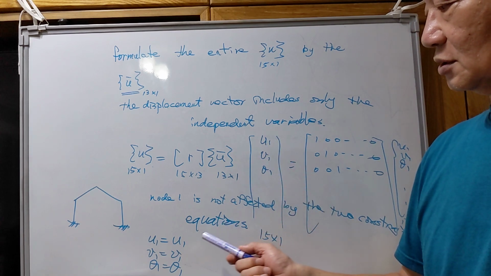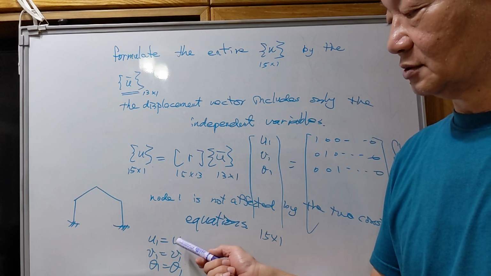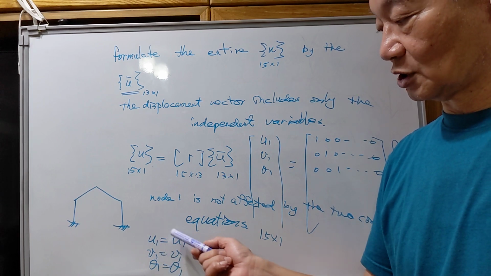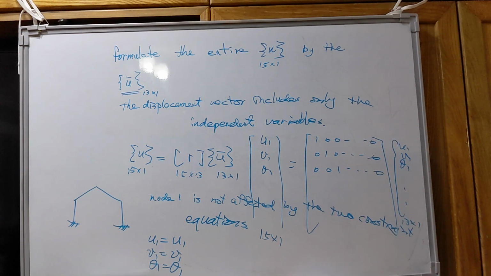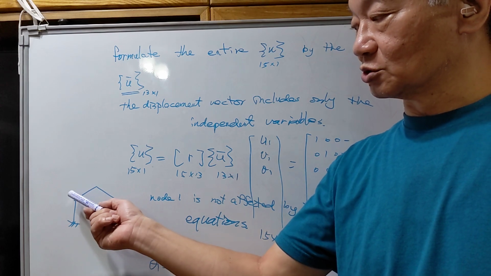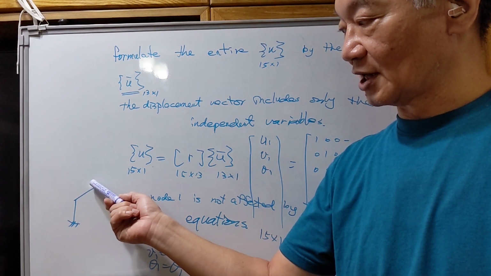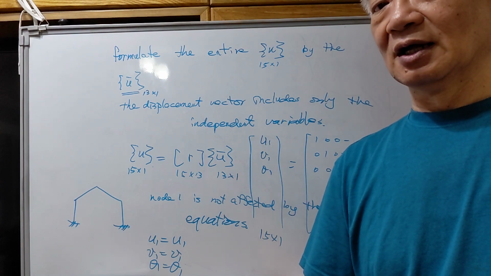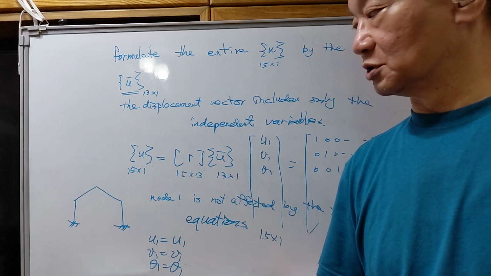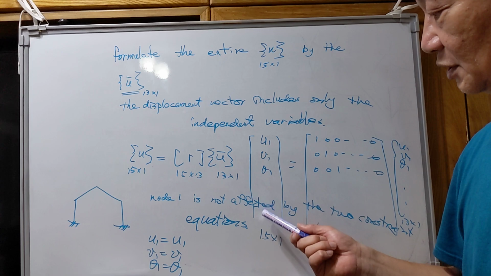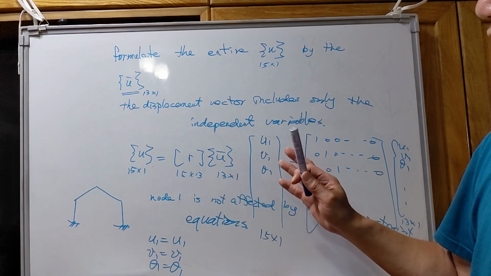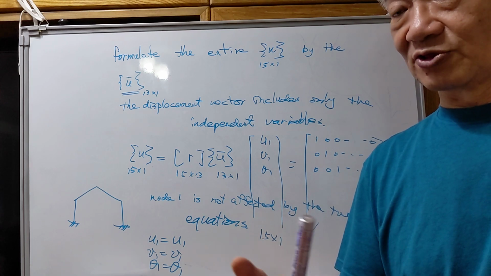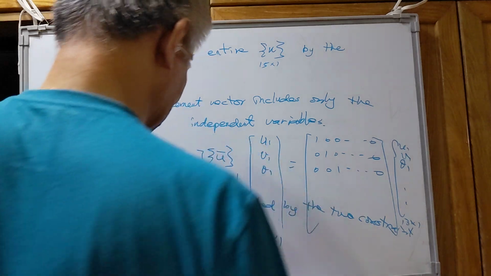And since U1 is an independent variable, the original U1 vector is just equal to U1. But it is also true for theta 2, theta 3, and theta 4. The three rotation degrees of freedom are not related to the constraint equations. So you will have theta 2, theta 3, and theta 4 in the U vector, and these three elements will be shown in the U bar vector also, since for these 3 degrees of freedom, okay, so you have the